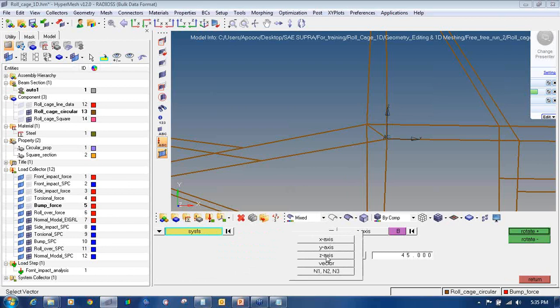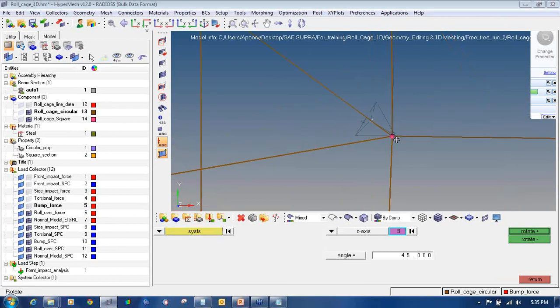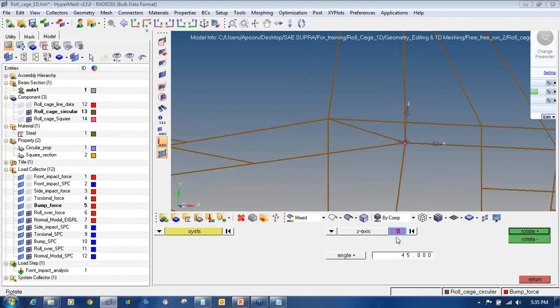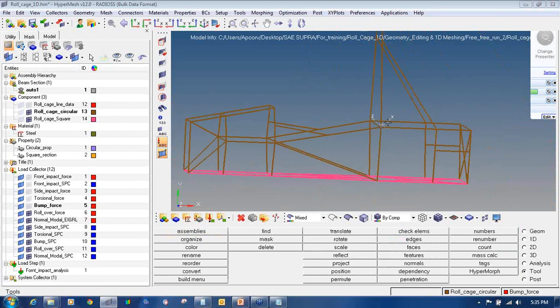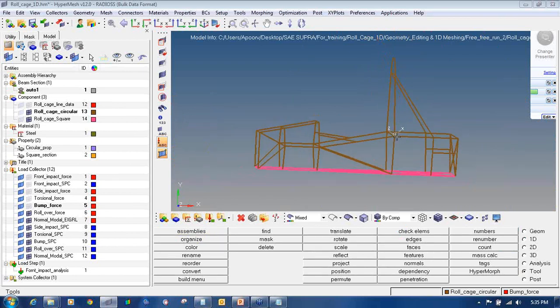Select the axis perpendicular to the plane of rotation. I want to rotate in the YX plane, so I will select the perpendicular axis, that is the Z axis. Select the base point as the center point on which I have created the system. Select the angle by which you want to rotate. So in this way you can see I have rotated it to 45 degrees. My x-axis is now at a 45 degree angle.